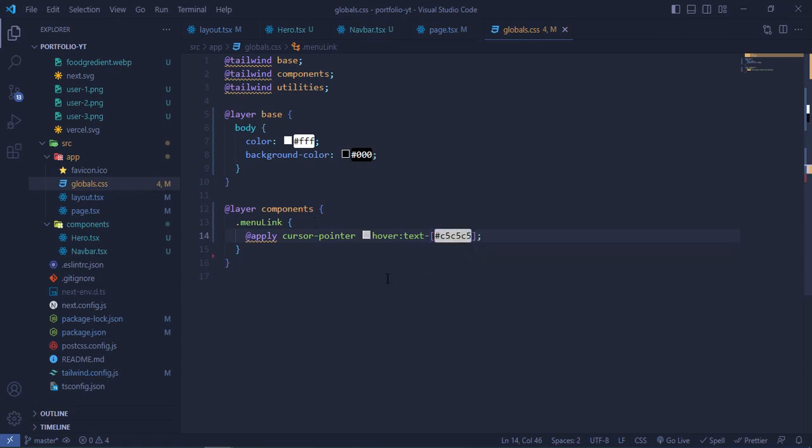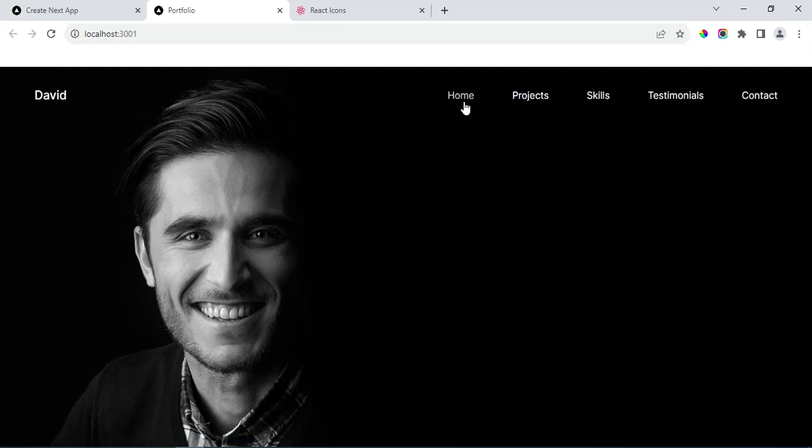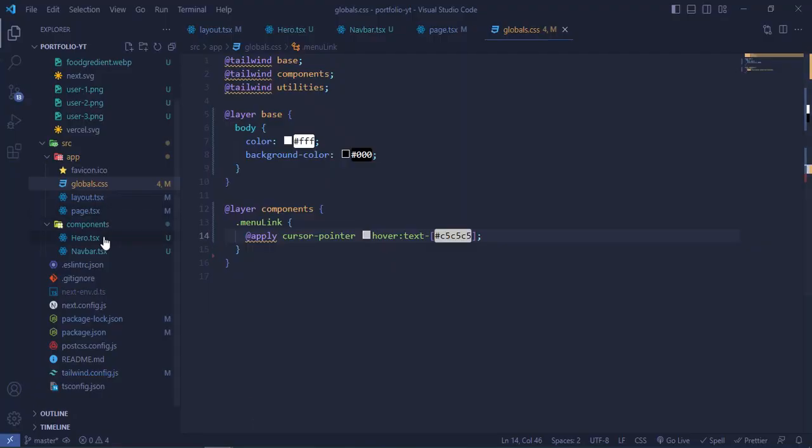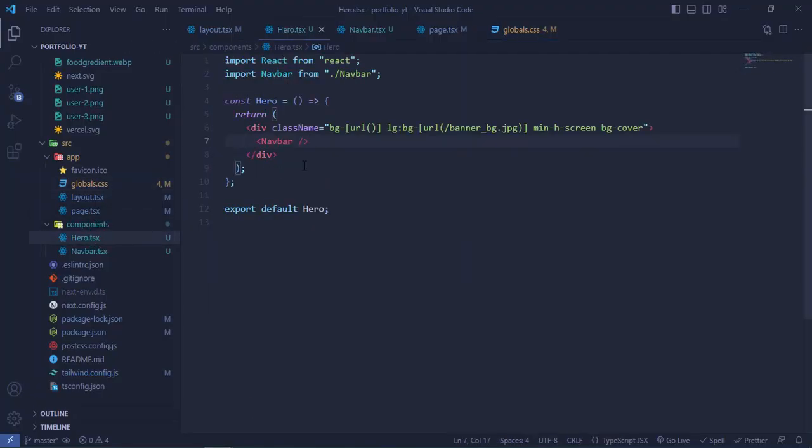Okay, let's check this out. Yeah, it's working. Okay, so this is okay. Now let's go back to the hero component, and let's keep working on it. So hero component is here, and then what we are going to do is we are going to take a